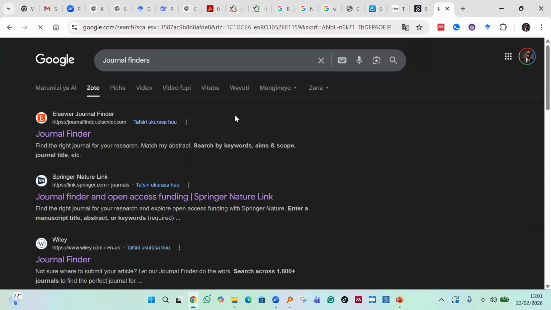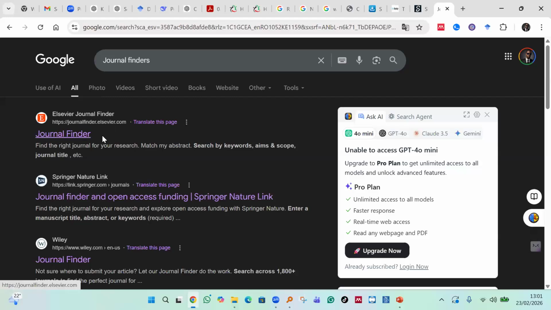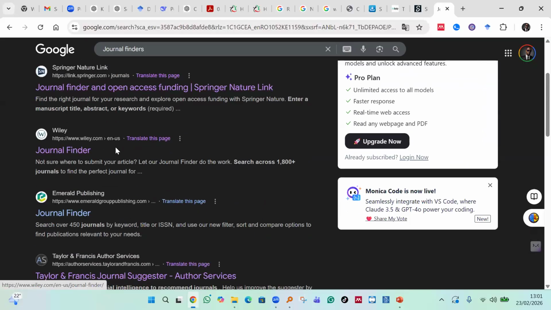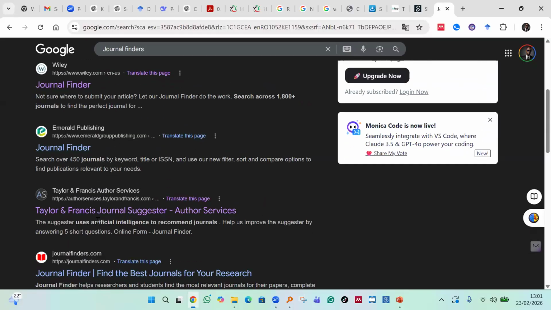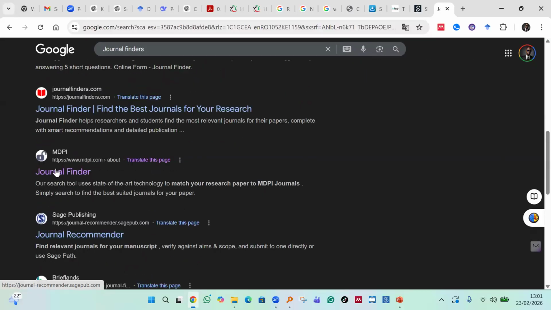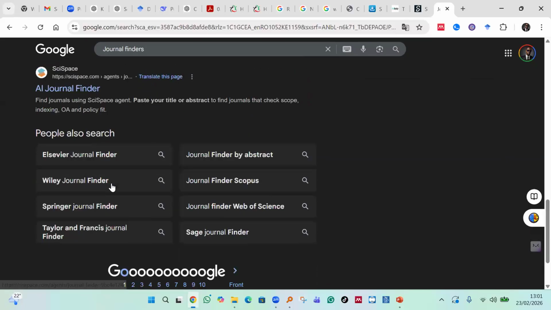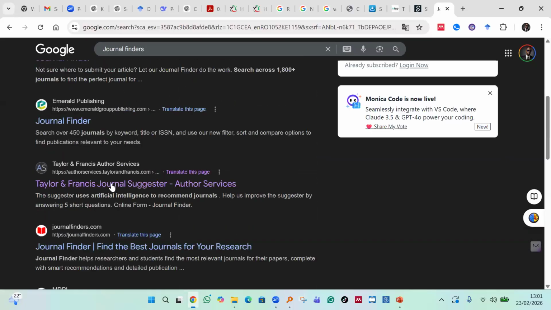If you want to publish your paper in Elsevier, for example, Elsevier has a journal finder. If you want to publish in Springer, they have their journal finders. Wiley have their journal finders, Taylor and Francis, even MDPI, Sage, Frontiers, they all have journal finders.